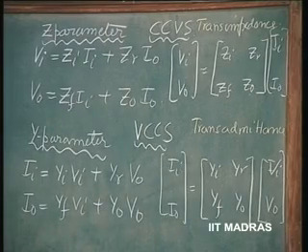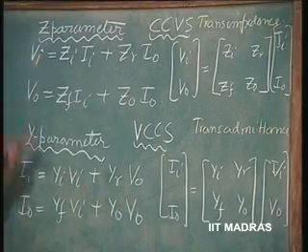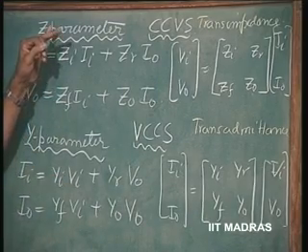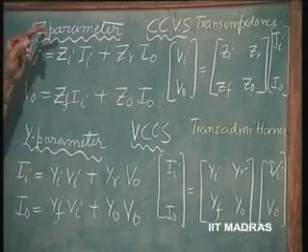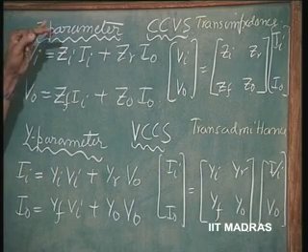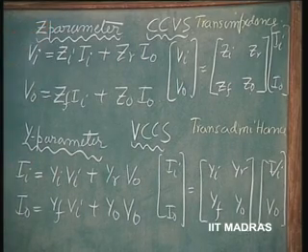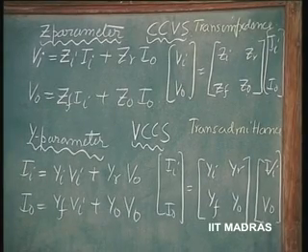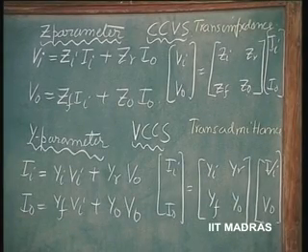Now, we also understood that these two are more basic than the other two types, and therefore, we can obtain the other two types called current controlled current source and voltage controlled voltage source by simply suitably cascading these two amplifiers. Okay. Now, let us come to the other two parameters which are equally important,